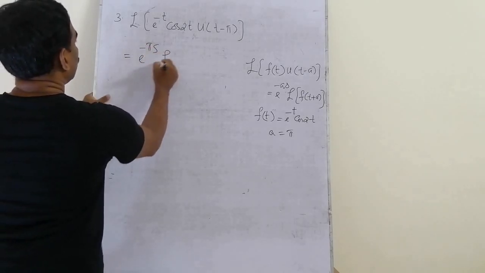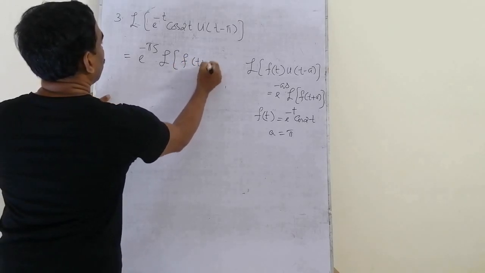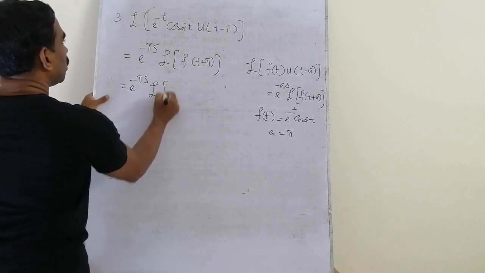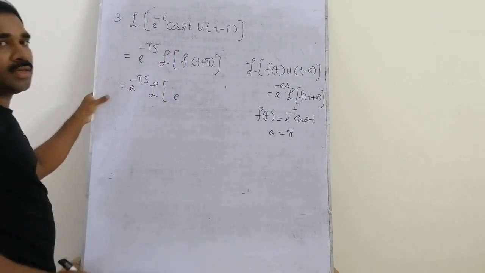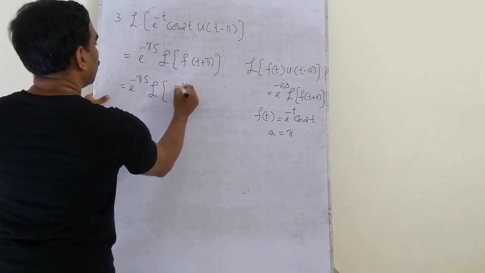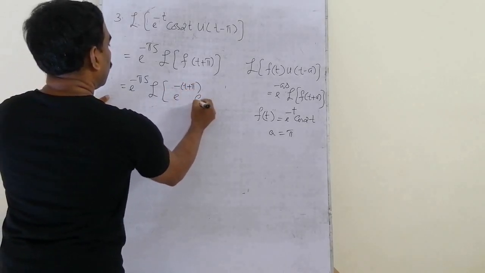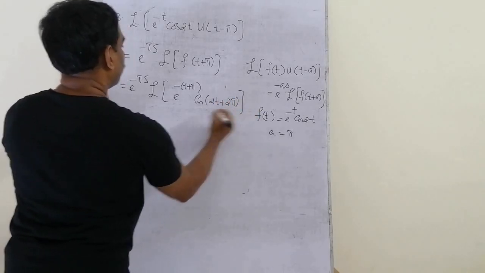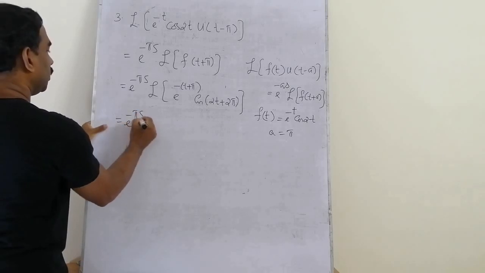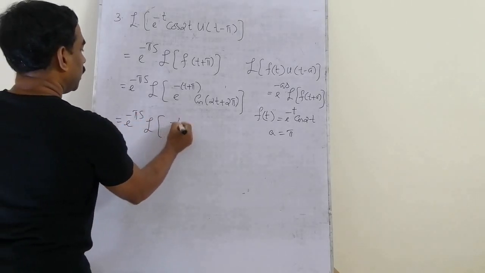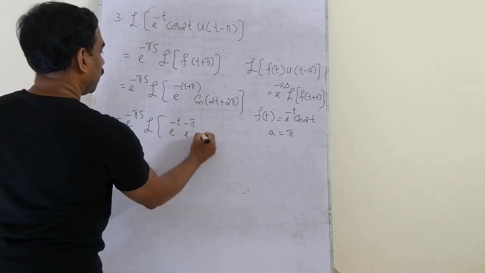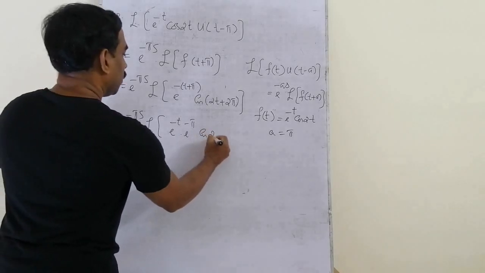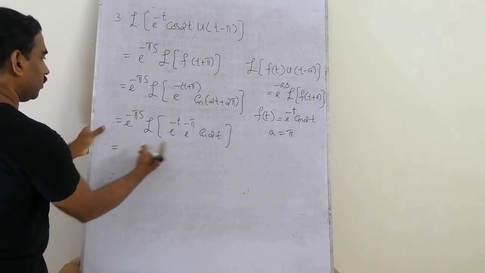e raised to minus pi s into Laplace transform of f of t plus pi, which is equal to e raised to minus pi s into Laplace transform of, changing every t by t plus pi, that is e raised to minus of t plus pi, cos 2t plus 2 pi, is equal to e raised to minus pi s into Laplace transform of e raised to minus t into e raised to minus pi, and what is cos 2 pi plus theta? Cos 2 pi plus theta is cos theta, so this is cos t,